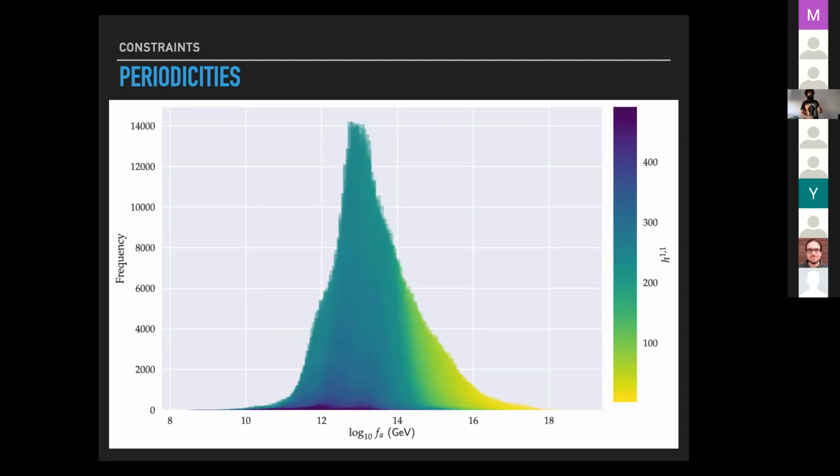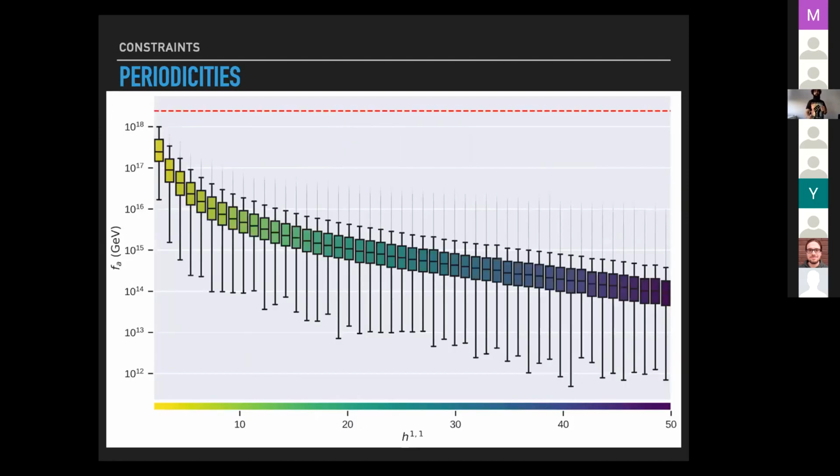Now, calculating self-interactions, of course, would give us a proper physical F. This is not something that I will present. However, it may well appear in the final paper that should appear in a couple of weeks. An easier way to see the trend for the subset of data that I studied is by looking at this plot here. It's clear that as H11 grows, the size of the fundamental domain, or at least a naive estimate of the periodicity, decreases. So we may well expect this for any physical F that we can derive.